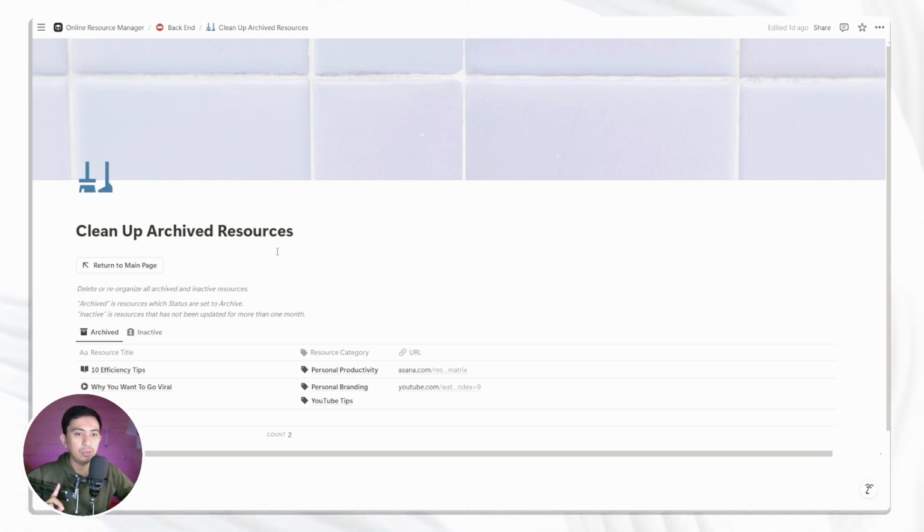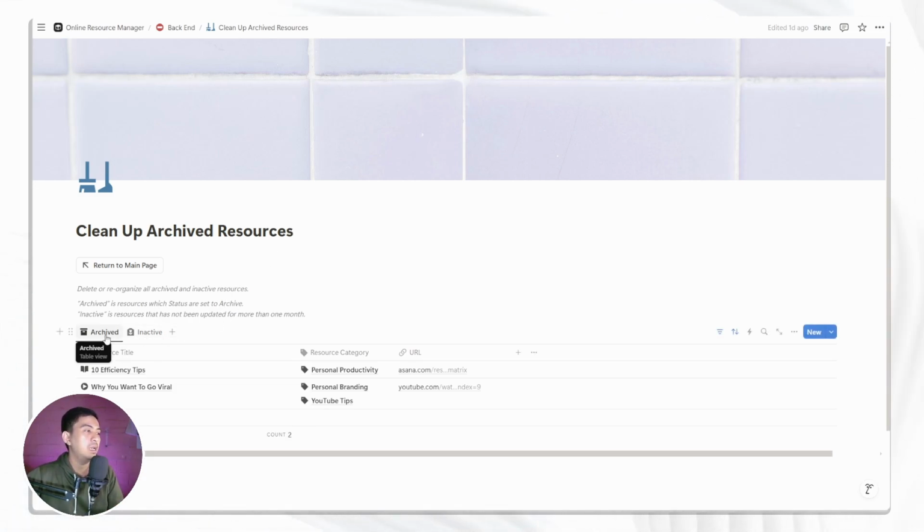Whether you want to keep the archived resource and change the status into active again, maybe because you just realized the purpose of the resource, or let's say you want to modify or edit some things and make it even more useful in the future. Or if it's not useful at all and you don't think you want to use the resource ever again, you can delete it. So that's why this centralized page is really nice for managing everything about that.